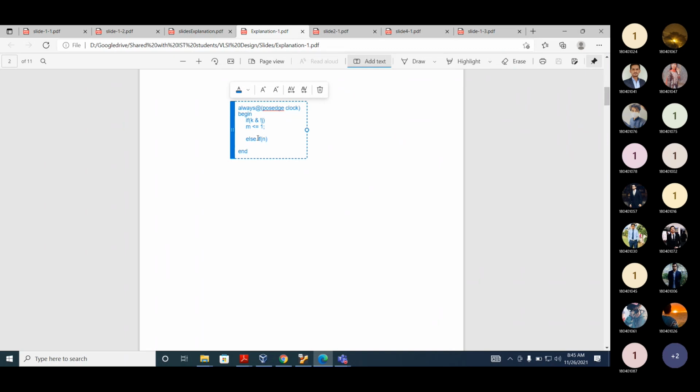Else if n, m is less than or equal to 0. Okay, what are we using here? Preset or reset? Reset. We are using both the combination of preset and reset. Which one has got the highest priority? Preset has got the highest priority. Okay, we are using both the preset and the reset.